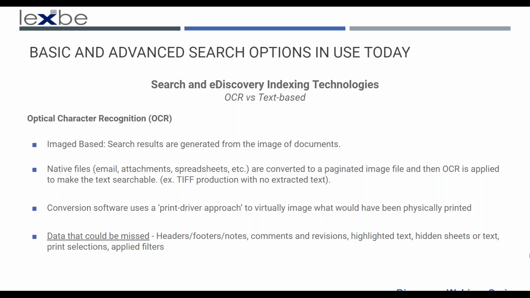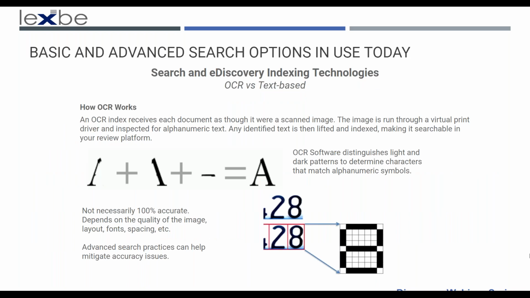You will only get the text that's extracted from the document itself. Like if you took a picture of it and you can see it with the naked eye, you will not be able to search on any of those hidden comments or any type of footnote or annotation on that document. So OCR works like the document, it's a scanned image.